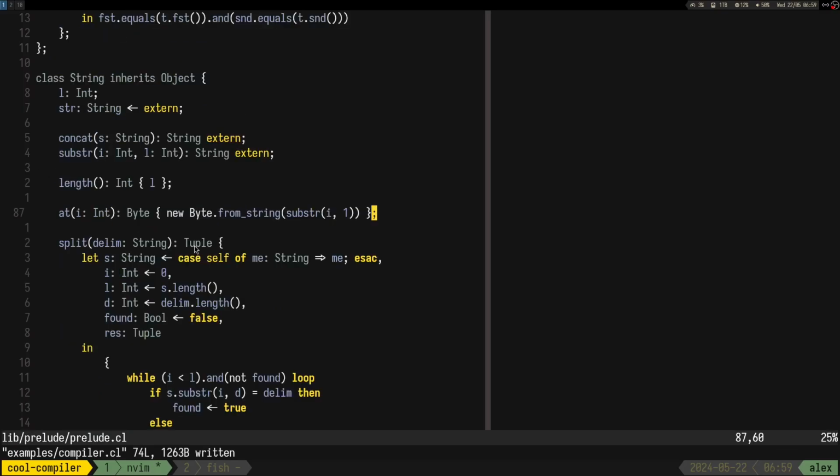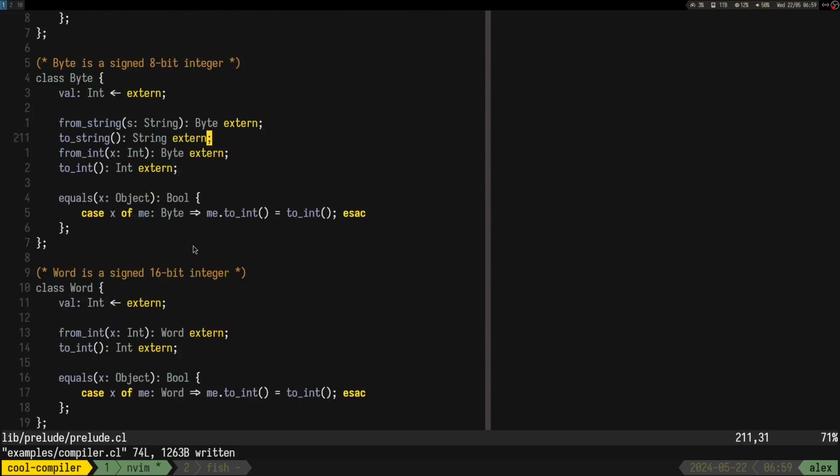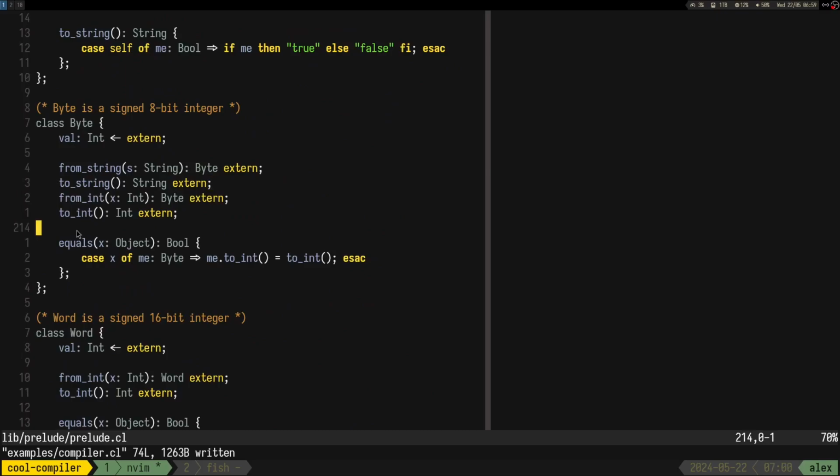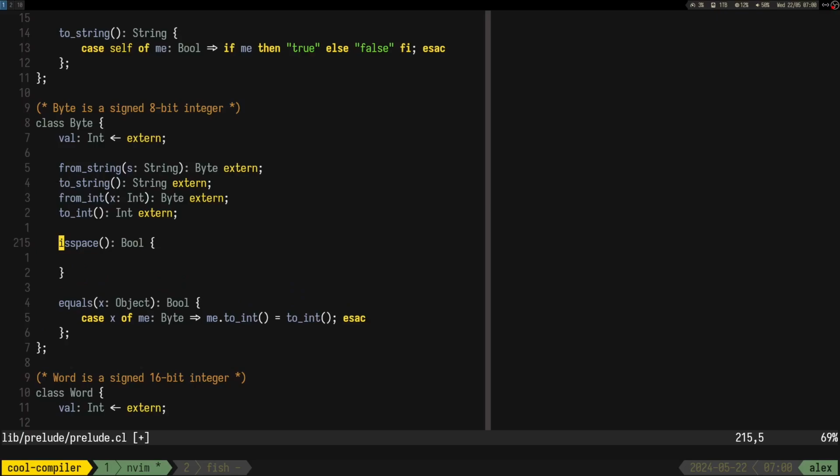So let's go here and let's do the is space. It should return a boolean. So sadly we have to use, maybe we can use toString and compare it that way.